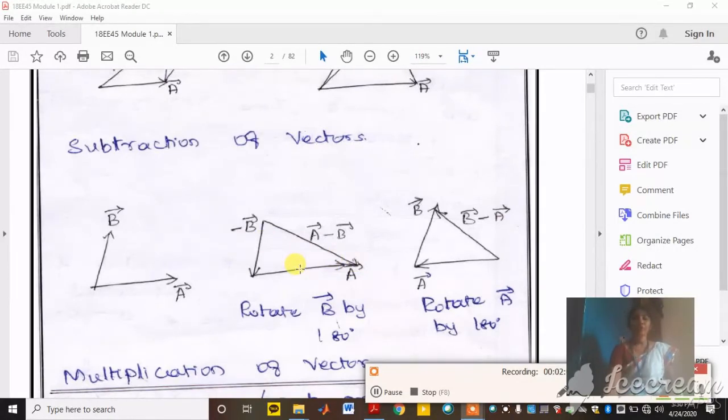Now if you want to calculate B vector minus A vector, the A vector direction is towards the right side. Since I want to identify minus A vector, the direction will go 180 degrees out of phase. So I have to reverse the direction of the A vector, and this is going to be B vector minus A vector. This is how vector analysis is done. Vector analysis is done to identify in which direction the field flows or in which direction the charge is moved. So in electromagnetic field theory, both magnitude as well as direction are important.